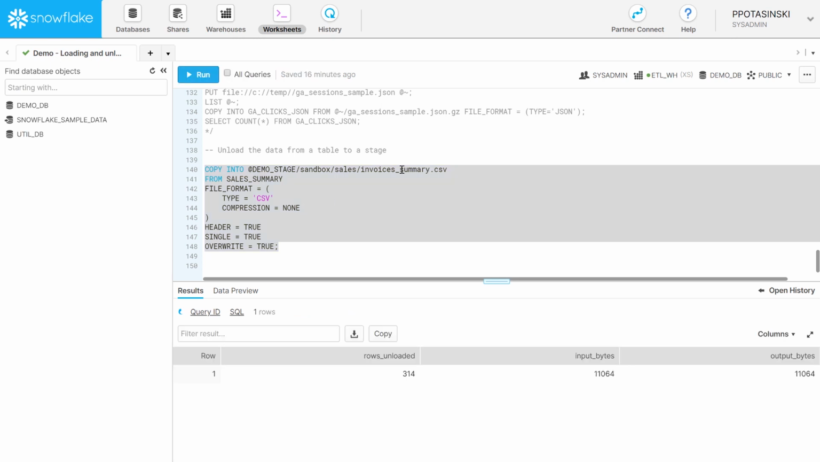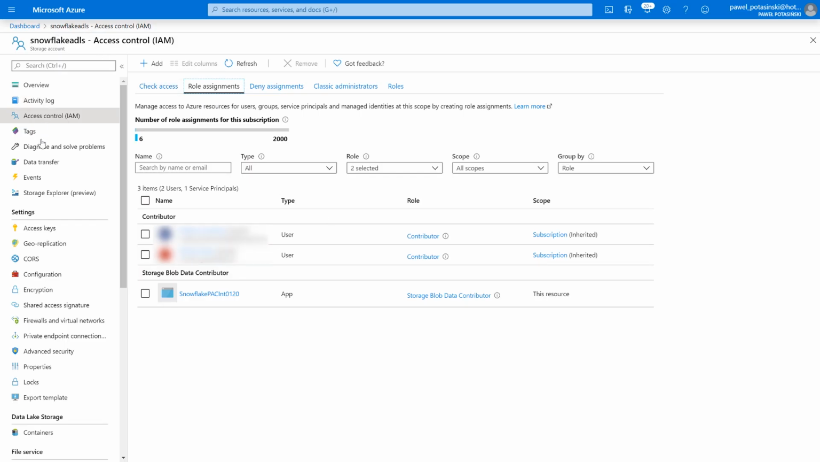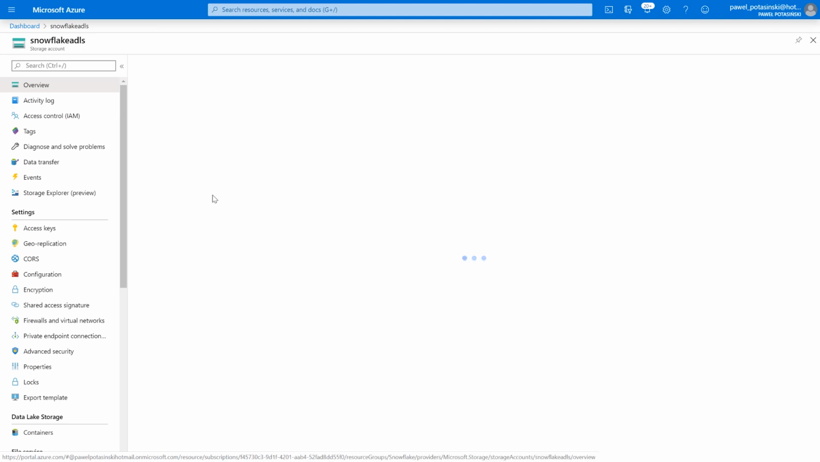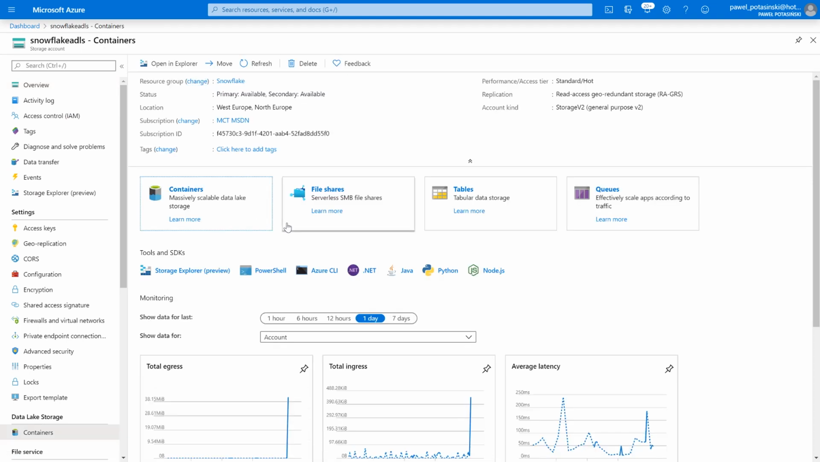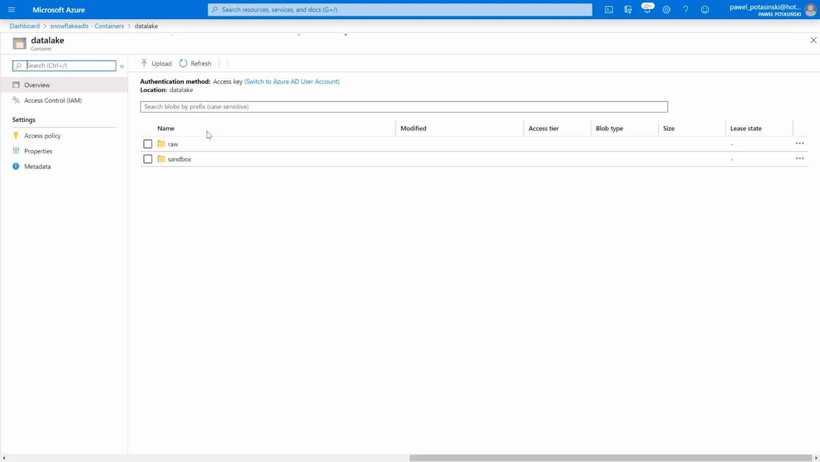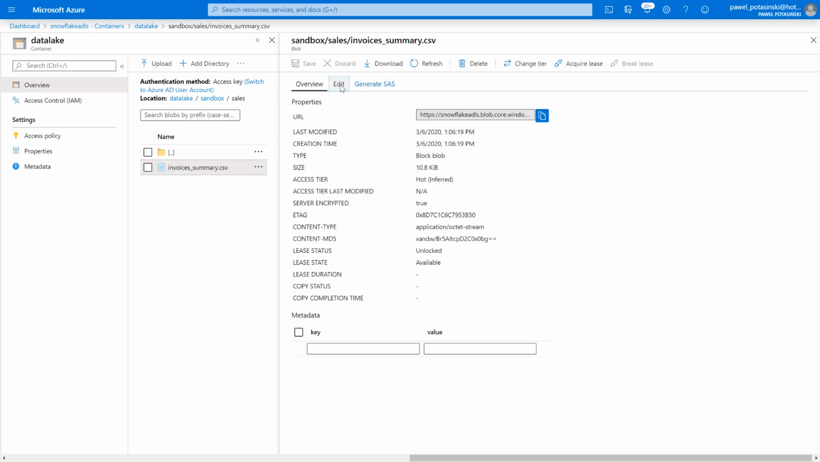The result CSV file named invoices summary CSV will be in CSV format, CSV file type. It will be not compressed. It will contain a header, and it's going to be a single file. And if it exists, it's going to be overwritten. And I can check whether in my data lake I have my file existing. So let me just move to the container and to the data lake to validate whether I have my file created. But you can see there is a sandbox, sales, and the invoices summary file that contains my aggregated data